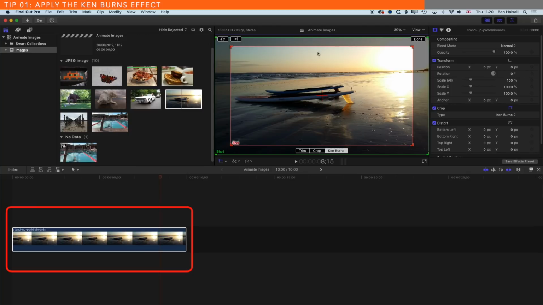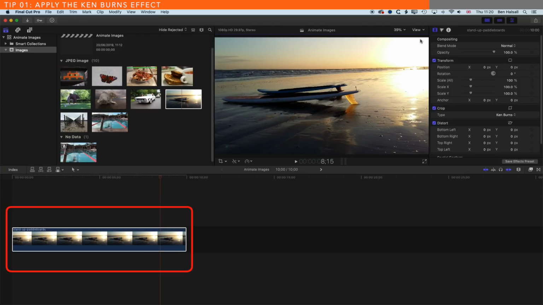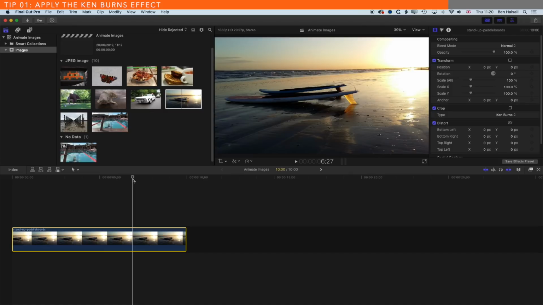Once we're happy with our Ken Burns effect, again we can click done, and then we can jump in and edit the rest of our timeline. And also one important thing to be able to do as well, if you choose to, is to turn off the Ken Burns effect. So if we've applied a Ken Burns effect and we decide we don't want it, then